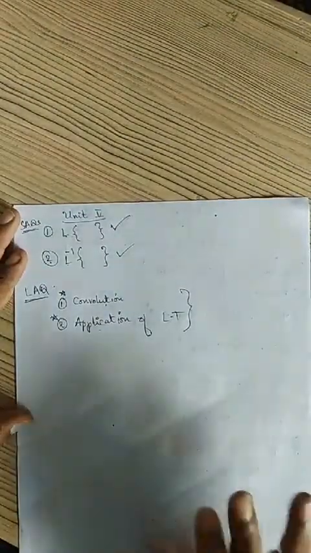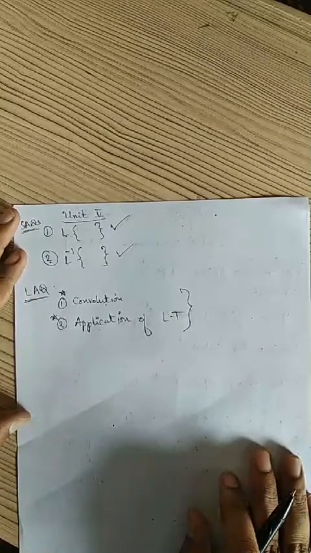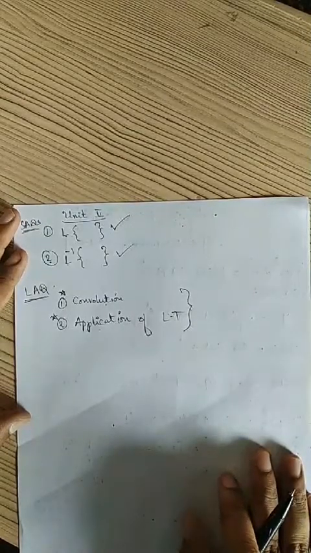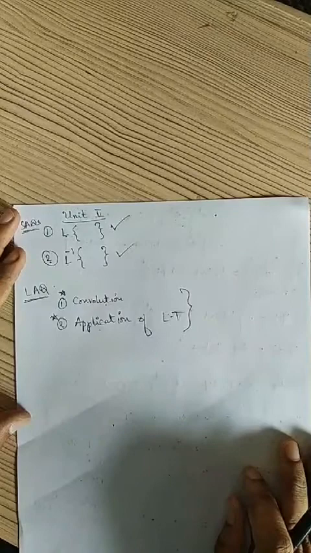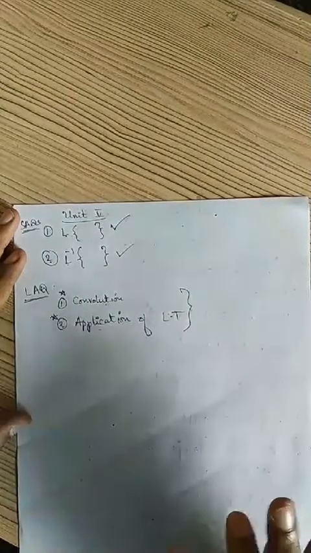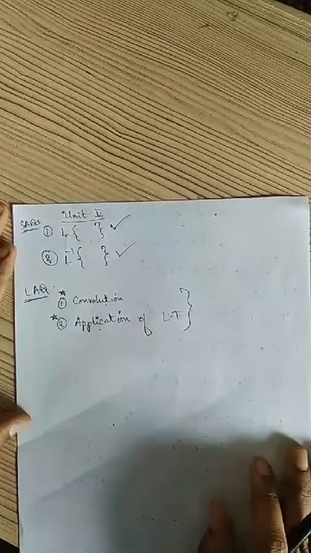Then another, if this unit is chosen for 19 marks, that is 2 SAQs and 3 LAQs, then the chance is for other properties like change of scale property, proof of change of scale property, or proof of Laplace transform of derivatives, and one problem related to derivatives. That kind of choice is there. But majorly these are the topics that will be definitely asked in the exam. So remember, this is for unit 5. So with this we have completed all 5 units.